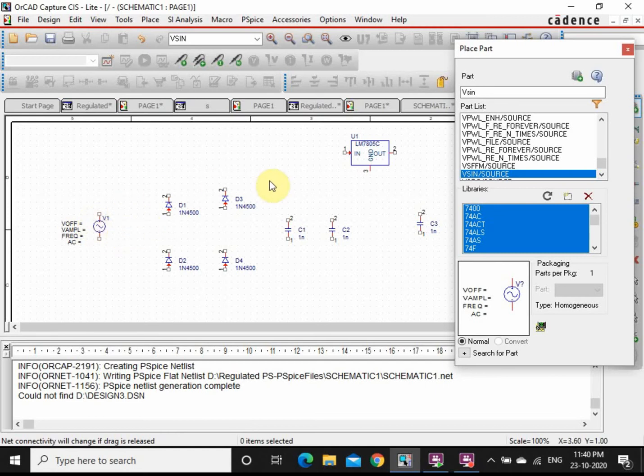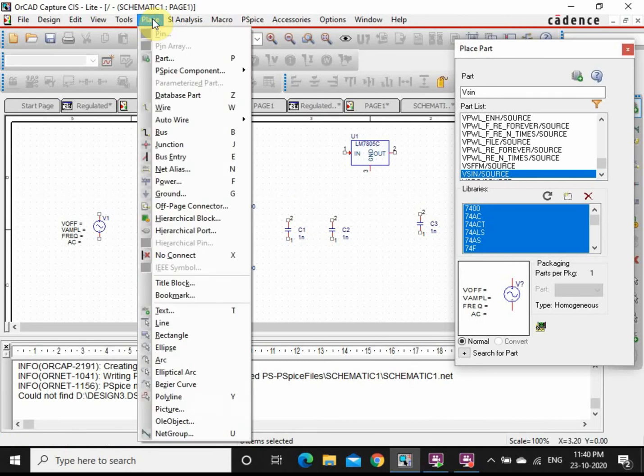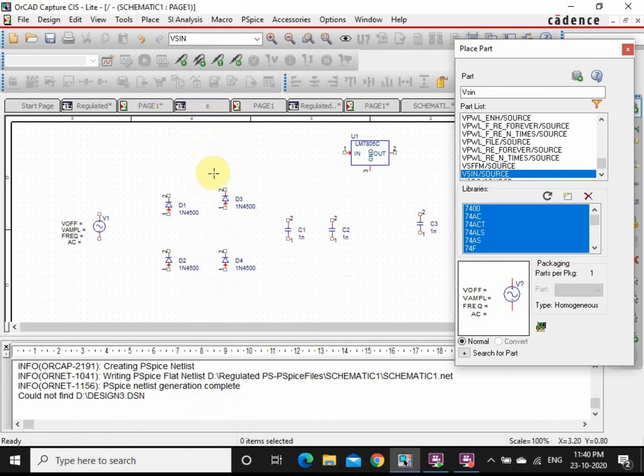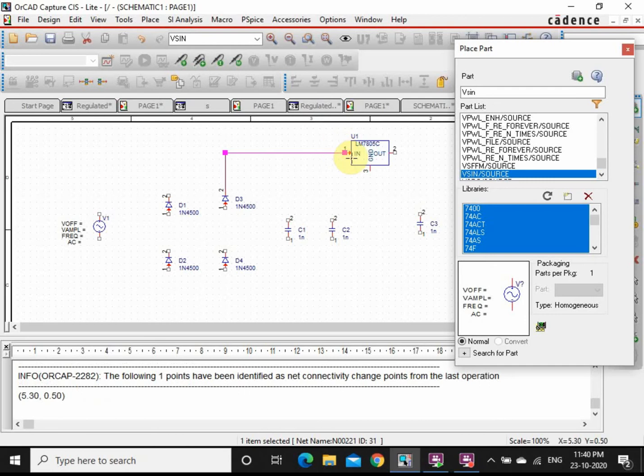Once you have kept all the components, now we have to place the wires. I can either go here or I can close it and come there. In this case the wire is here, W. Take that wire, now start connecting it. From this diode I want to connect it to 7805.